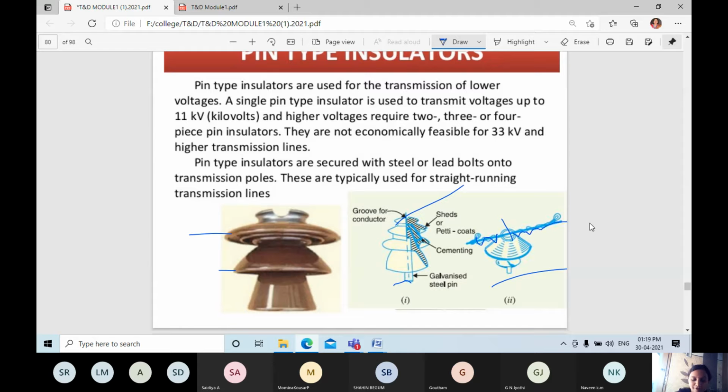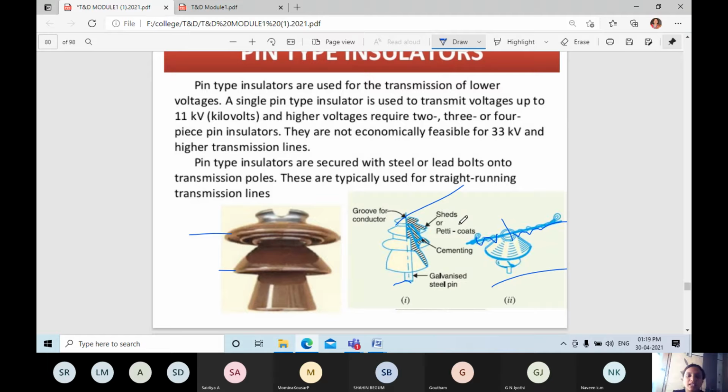This is a 4 to 5 times they will bind a wire. Binding wire should cover at least 4 to 5 times before it ends or wrapped with the conductor. Here the conductor they may use a copper or aluminum, the same material they use for binding. Here sheds are used.